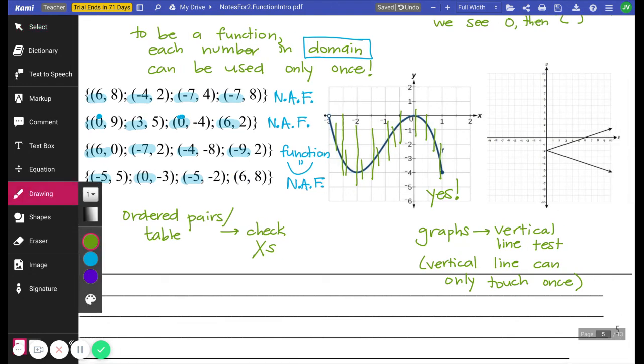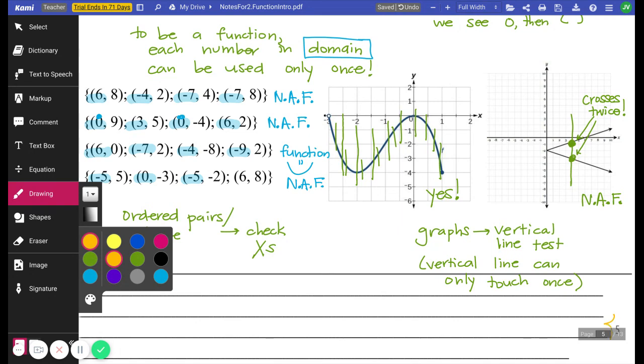Okay. Here, this is not a function. Reason is that vertical line crosses in 2 places. And that's why that's not a function. Lots of vocab here, lots of information, lots of kind of keywords. I promise we'll get the opportunity to practice this. You should have written this down on page 5 of your note packet. So please